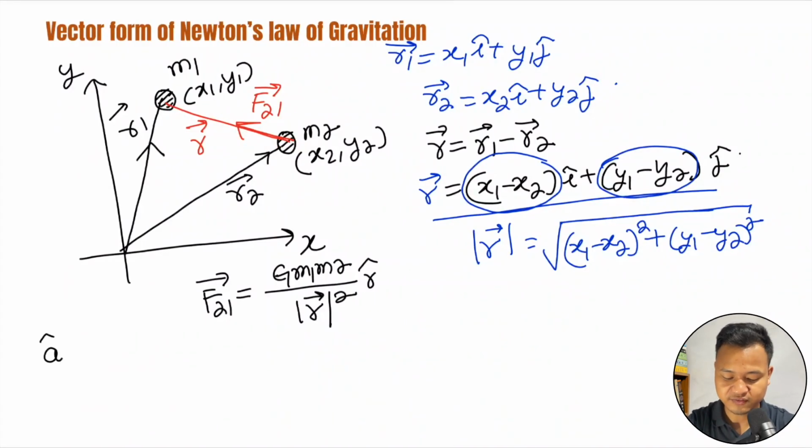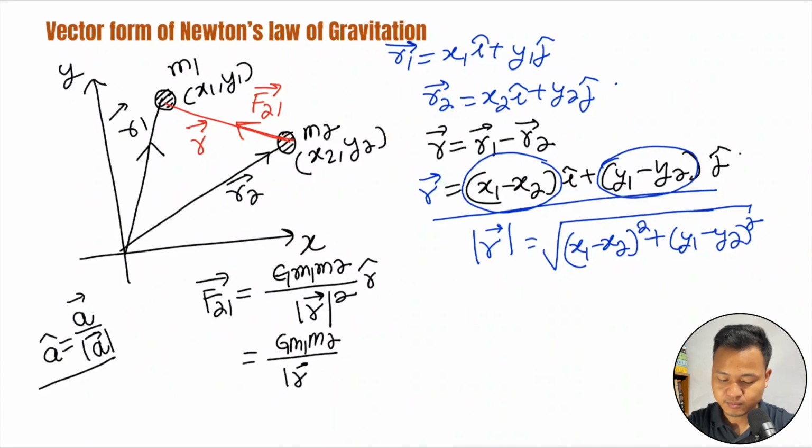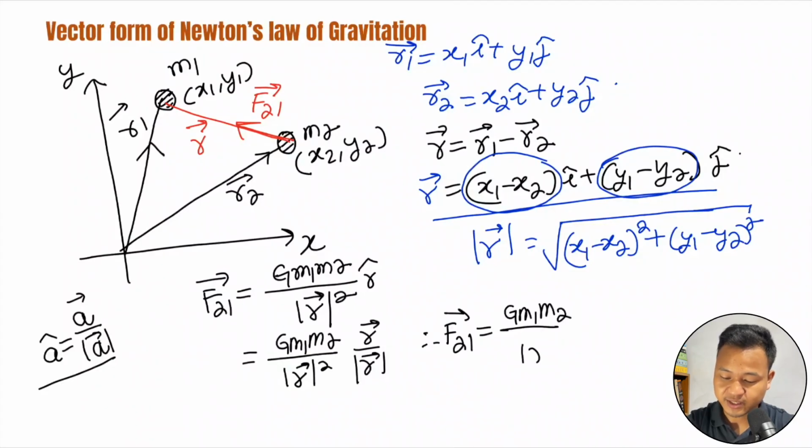Unit vector too, if I have a unit vector a cap, I can write this as a bar divided by mod of a. Apply the unit vector property. So G into m1 m2 divided by mod of r square into r bar divided by mod of r bar. Okay, so therefore finally I can write force on 2 due to 1 equals G into m1 m2 divided by mod of r cube into r bar. So you have to remember this one. Okay,